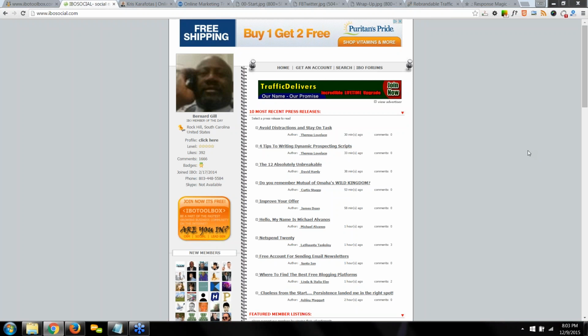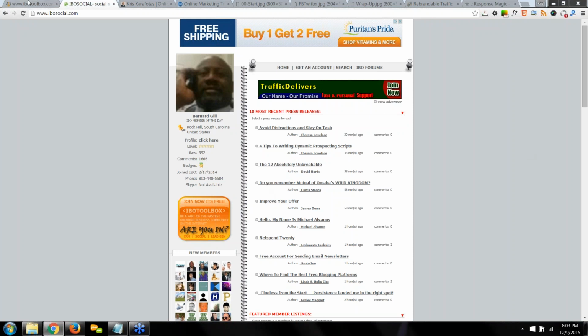IBOtoolbox is a 100% free platform, but it's not free to run. It's free for us to use, but a site with all these bells and whistles costs thousands of dollars each month to operate. So the more that we can do to give back to a community that helps keep IBOtoolbox free for us, the better. You can do that by purchasing credits, becoming part of Club IBO, or by visiting third-party sponsor advertising. So it all helps keep IBOtoolbox free for all of us members. Plus, it helps give back to a community that does so much for us.